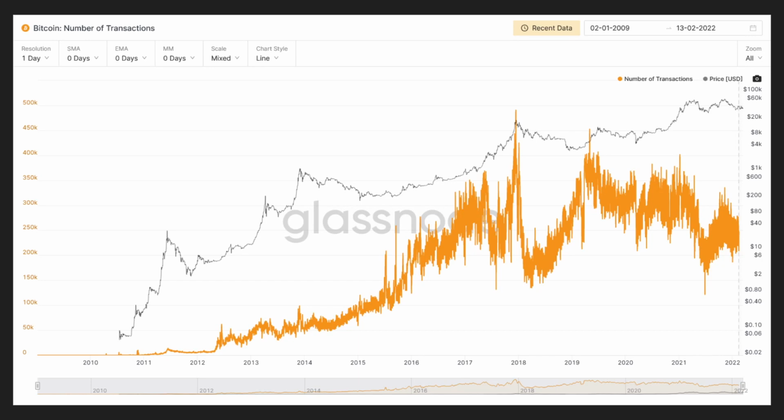Now here is a reading. This is actually from Glassnode. This is Bitcoin, the number of transactions, or the transaction count. In the gray line, we see the general price of Bitcoin over time, and in the orange, we see the number of transactions over time. As we can see, generally over time, the number of Bitcoin transactions has tremendously grown, indicating great general use